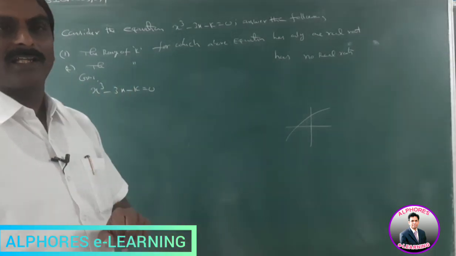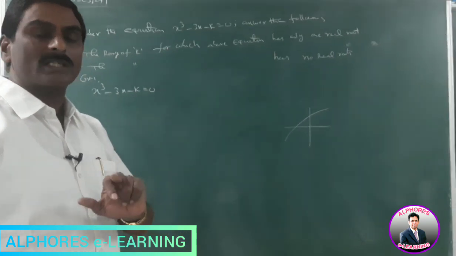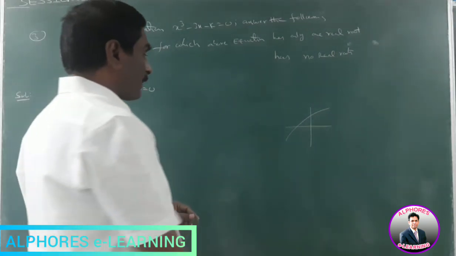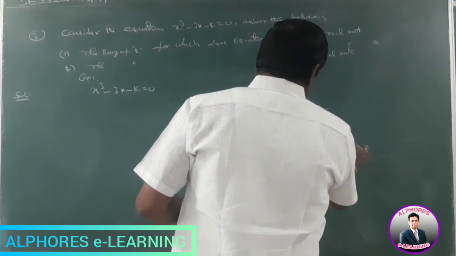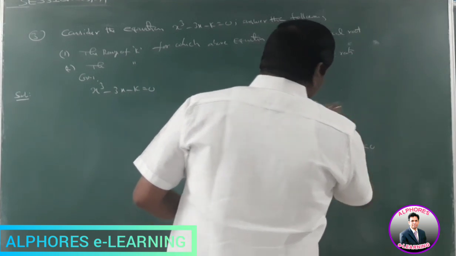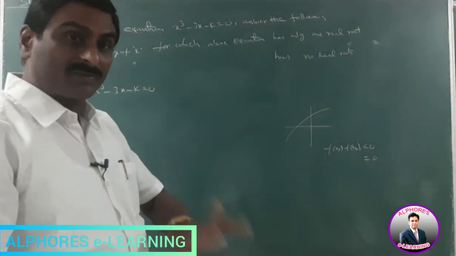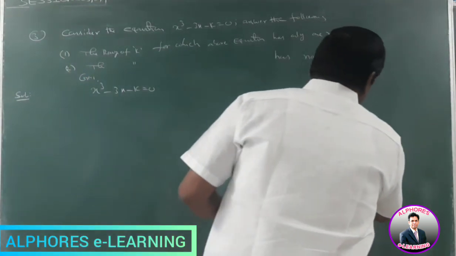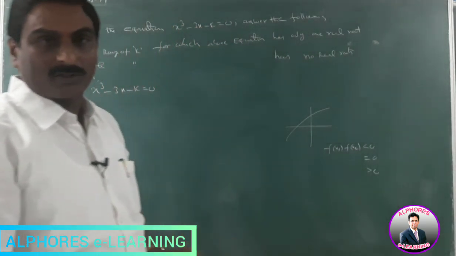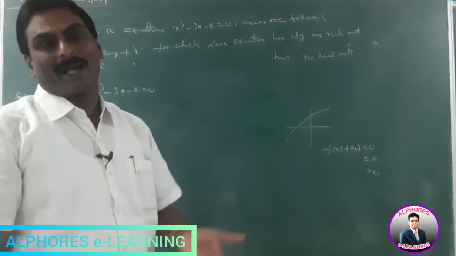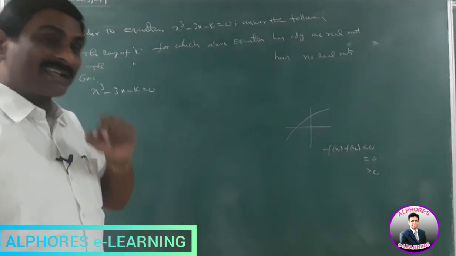Suppose delta is greater than 0, f dash x is equal to 0 having two roots, say x1, x2. Suppose f of x1 into f of x2 is less than 0, we get 3 real and distinct roots. If it is equal to 0, we get 3 real roots, out of these 2 are identical. Suppose this value is greater than 0, f of x1 into f of x2 greater than 0, we get 1 real and 2 imaginary roots.